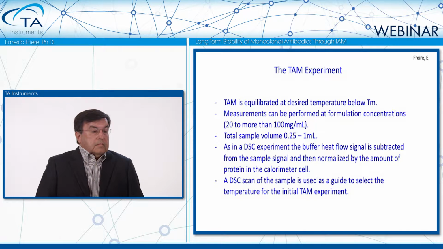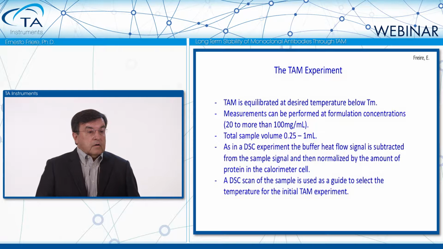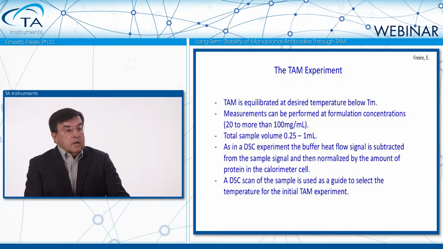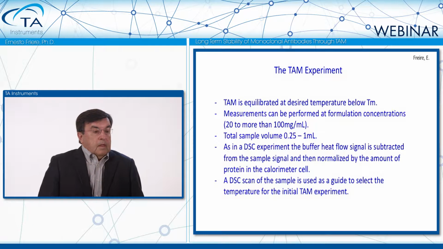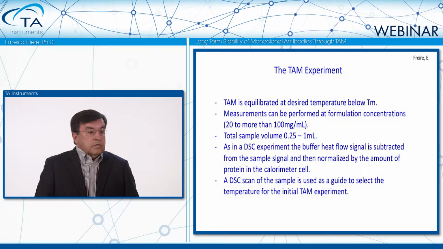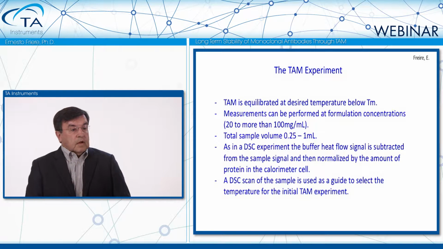And it's the same as in a DSC experiment. The heat flow of the buffer is subtracted from the heat flow of the sample and then normalized by the amount of protein in the calorimeter cell. Now the next step is at what temperature we start our experiments. And for that we use DSC scan of the sample as a guide to select the temperature for the initial